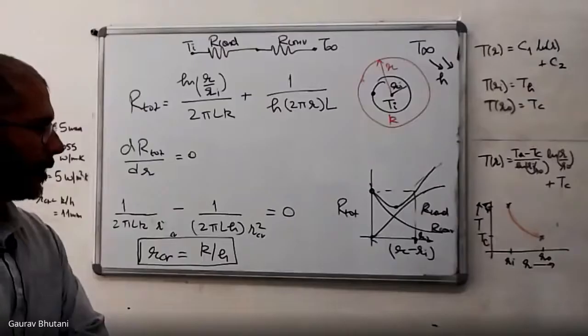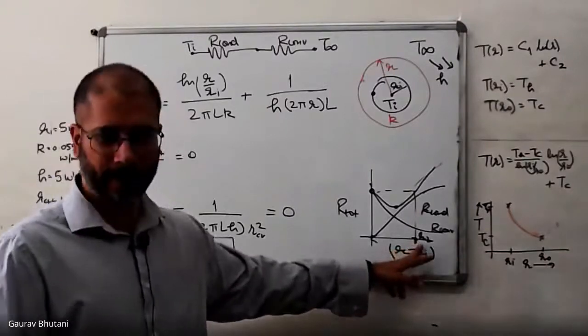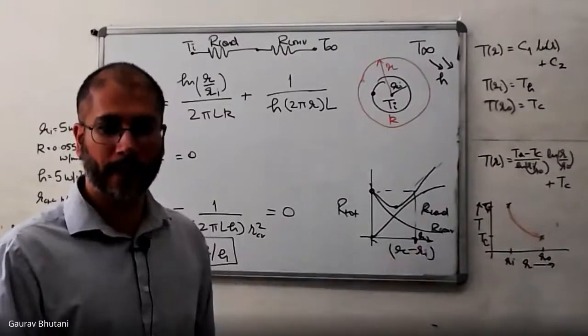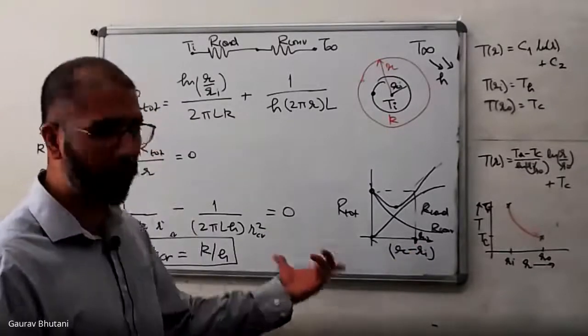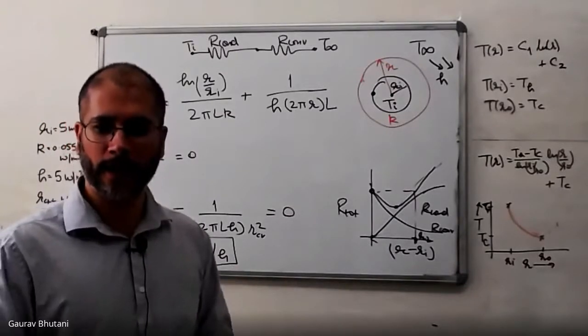But also, I would like to add that for applications like these, we don't need to calculate R critical. Right, you don't need to calculate R critical. You just want to make sure that you are beyond R2. You are right. Yes, sir. Okay, but it is useful to have an idea as to what the R critical is, because if you have a pipe to start with which is beyond your R critical in radius, Ri is greater than R critical, then you don't need to worry about anything. Yes, sir. Okay, exactly. Right.